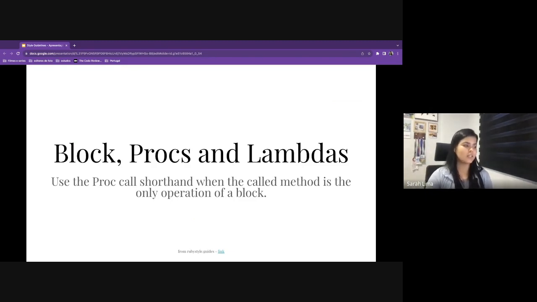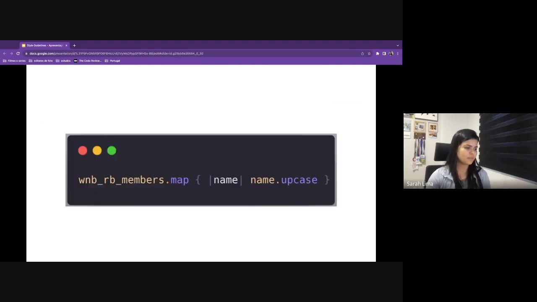We should use the proc call shorthand when the call method is the only operation of a block. So what does that mean? This one is not so complex or interesting. I just put it here because I remember when I first learned about these, like 6 years ago. I found it so beautiful, so simple, so elegant, and it was the time when I fell in love with Ruby. So we have here an array and we are mapping over it,